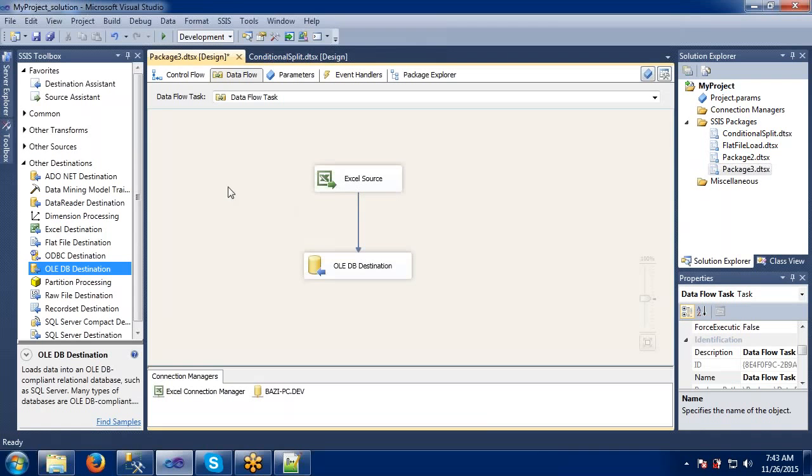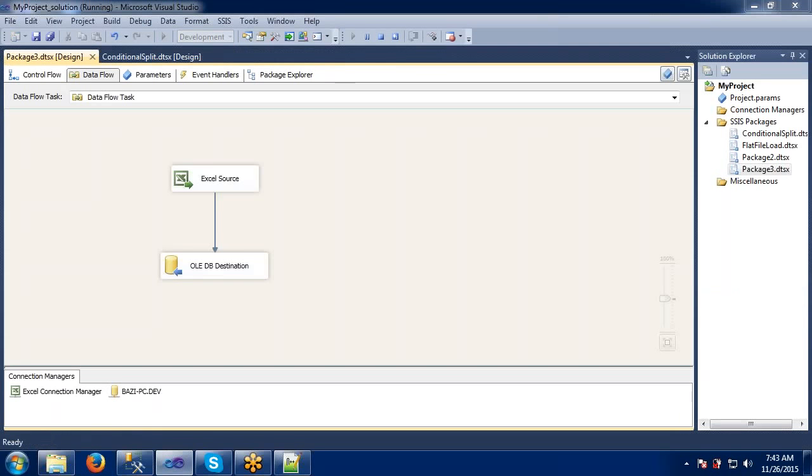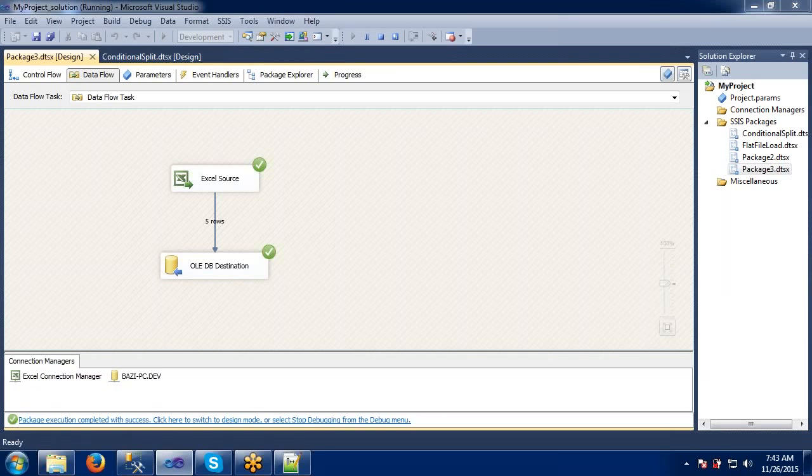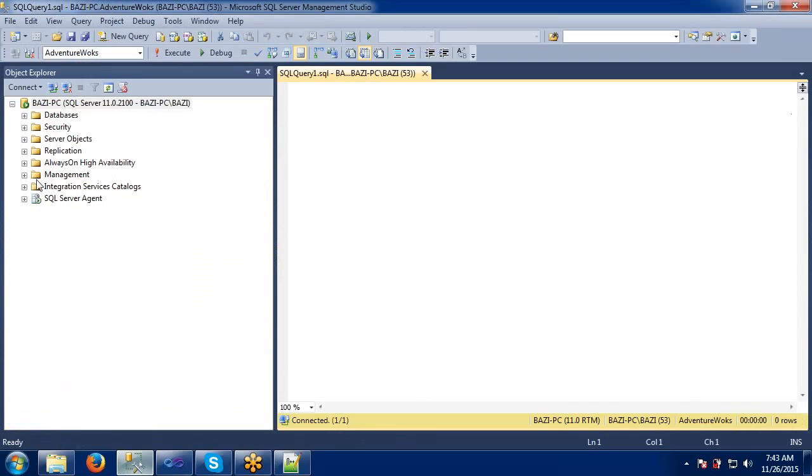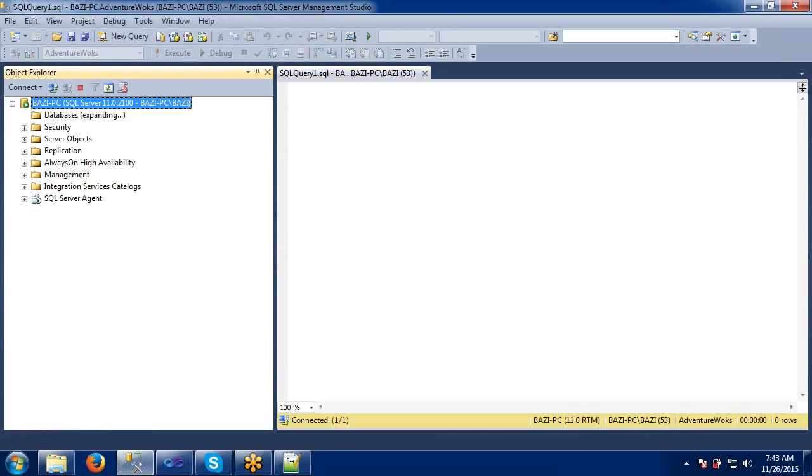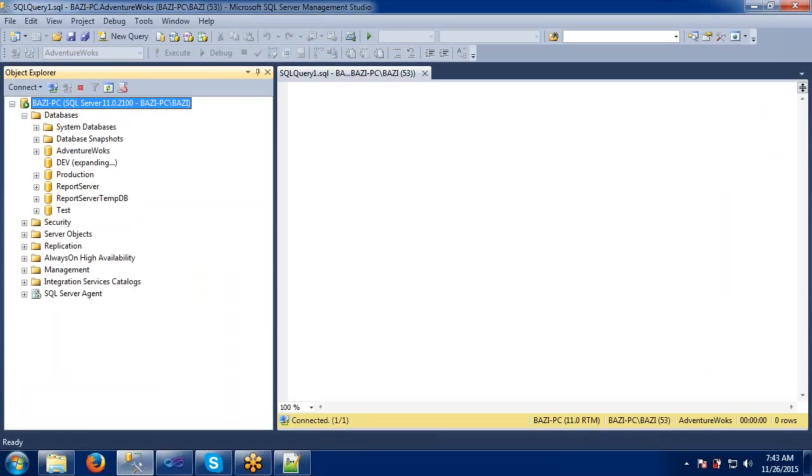It's a simple requirement. Let's start executing the package. So all 5 records came to my destination. Let's check in my database. I have taken the dev database, right?